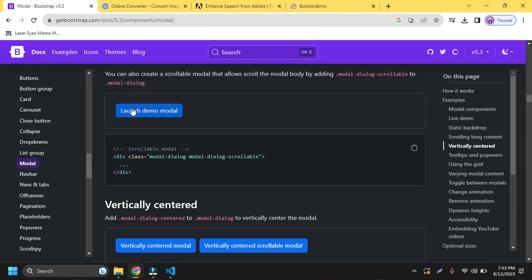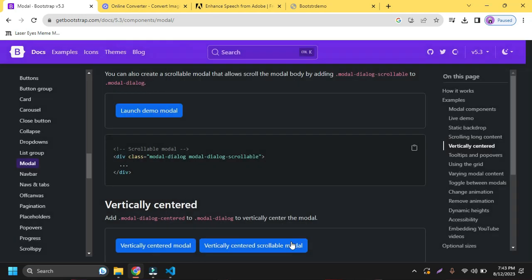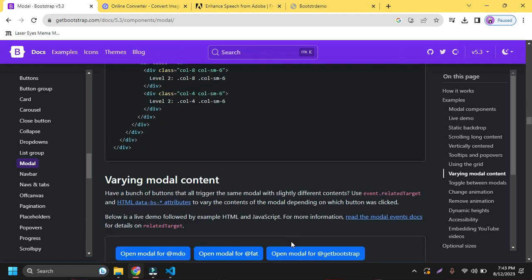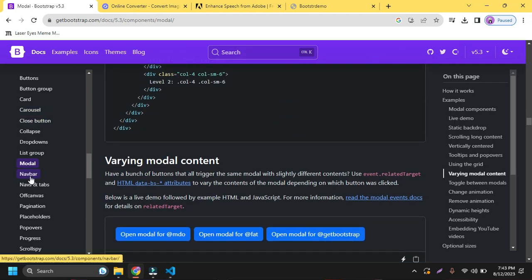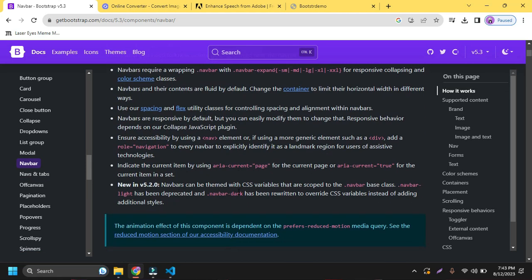Okay, if I click on the launch demo, then this is another type of modal. You can click on the close button or the save changes button to save your item into the database. Okay. And another important thing is the navbar,